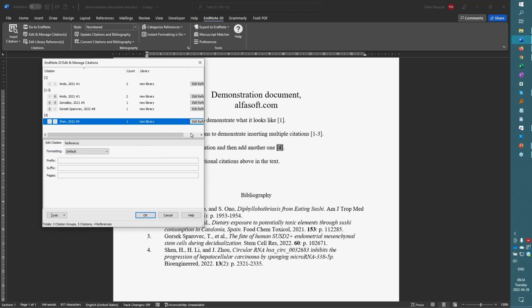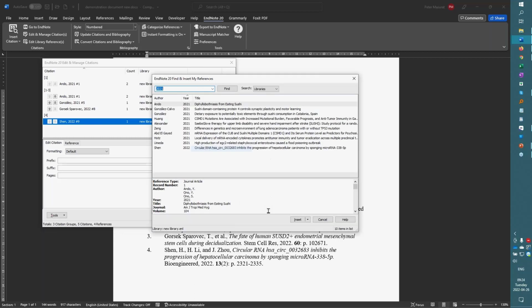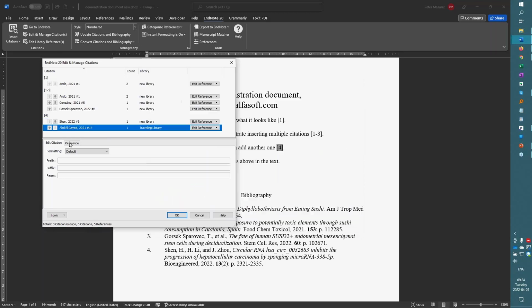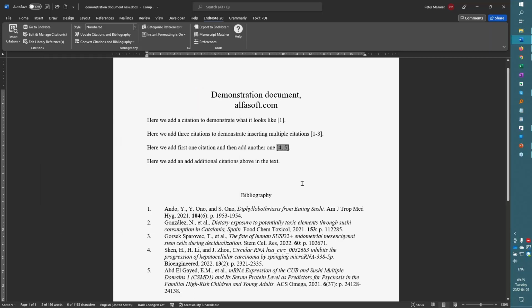So I want to add another reference here, and I do that by going to that location, clicking on this edit reference here, and I'm going to click on insert citation, which then gives me this search window again, and I can choose whatever reference I want to. I can click insert. You will now see that there are 2 references here at this location. Still only 1 in my document, so I can keep on editing references here, adding or removing references from different points in my library. And if I click OK, well, then it's updated my document at this very